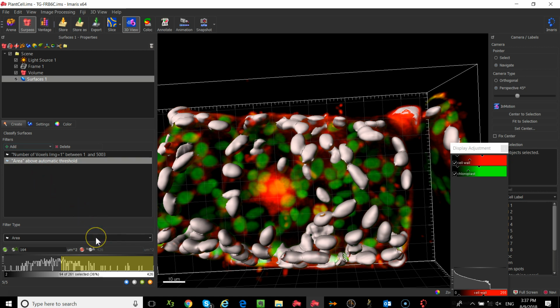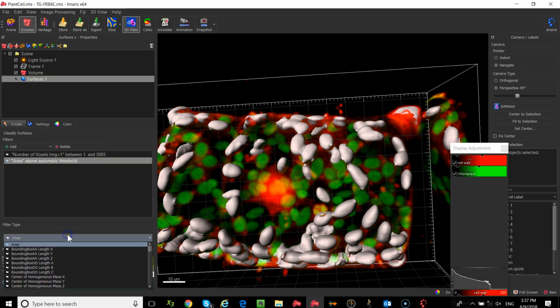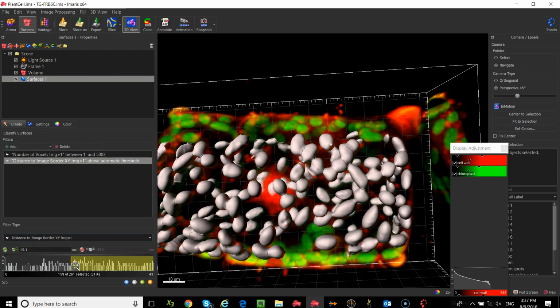For a lot of people who are counting cells, it should be somewhat straightforward to identify the cells of interest, but you tend to find everything all the way out to the very border of the image. So you may actually be seeing a partial cell, okay? So distance to border: if I click on add and then go down to filter type, there is an option in that list called distance to border. If you click it,